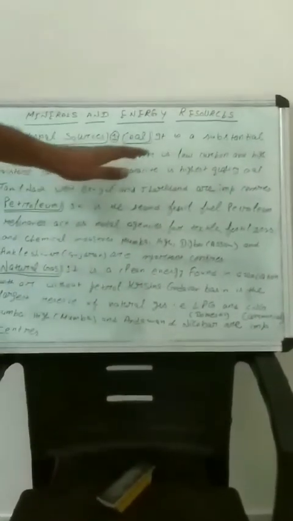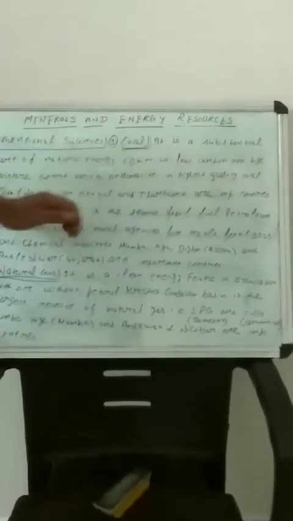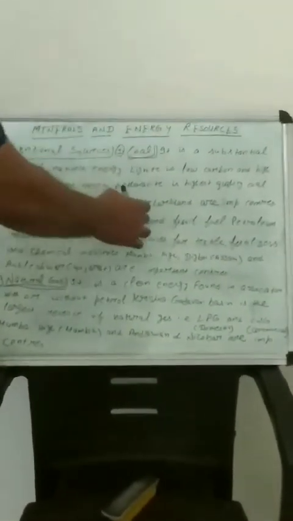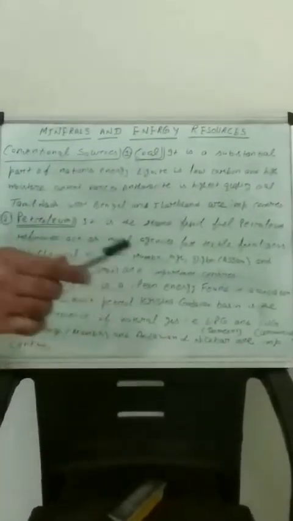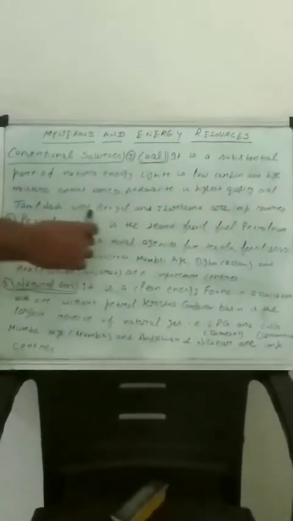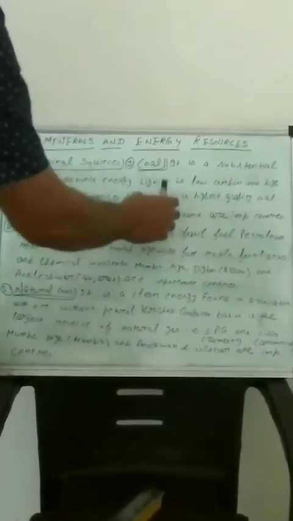It has a variety of types. One is lignite, which is a low carbon and high moisture content variety. After that we have anthracite, which is the highest grade of coal. I also want to tell you that bitumen is a variety of coal too, a high temperature coal because it is buried very deep in the earth. And after that we have Tamil Nadu, West Bengal and Jharkhand. These are the important centers where coal is found in India.